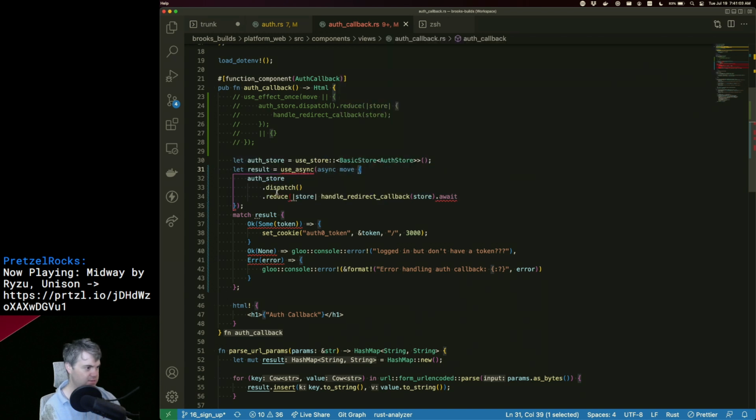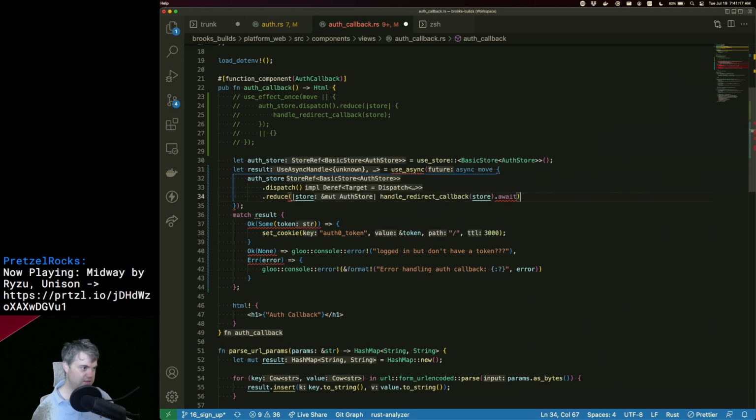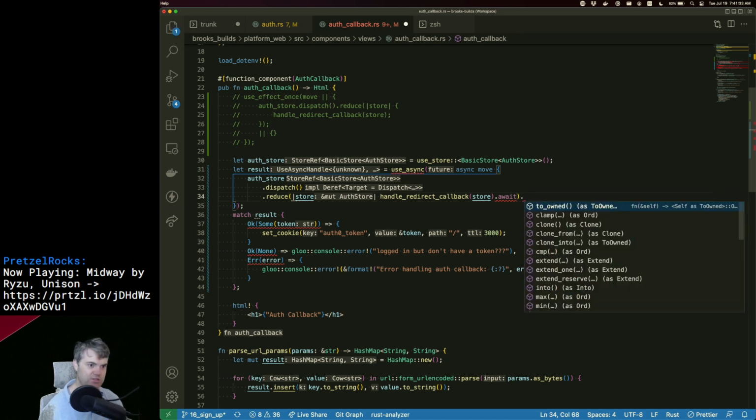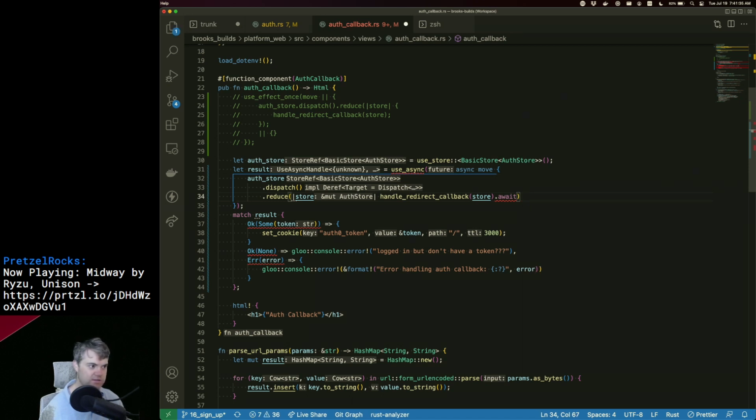So authstore dispatch. Oh, I'm missing something. Okay, so reduce, store, await, like that. Ooh, I may not be able to use async, because I don't think I can do another await here.